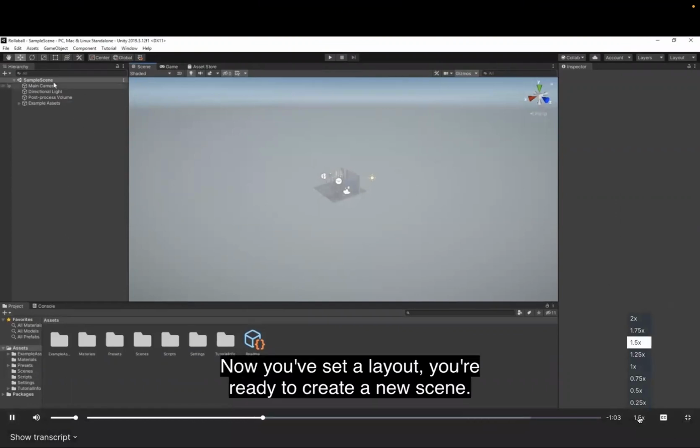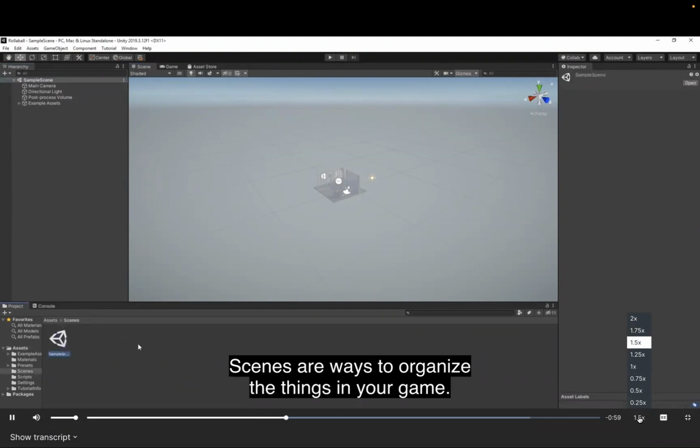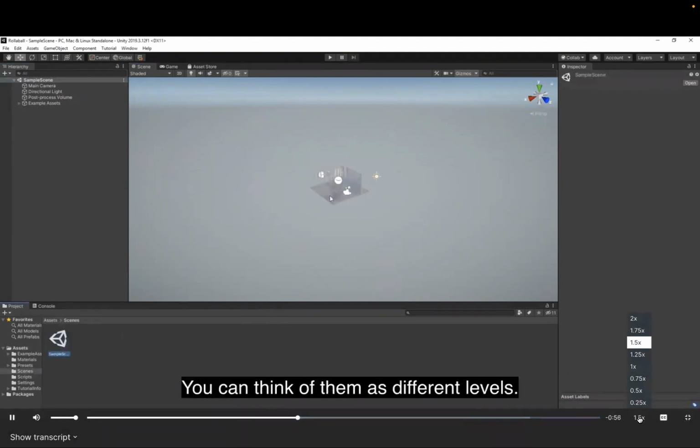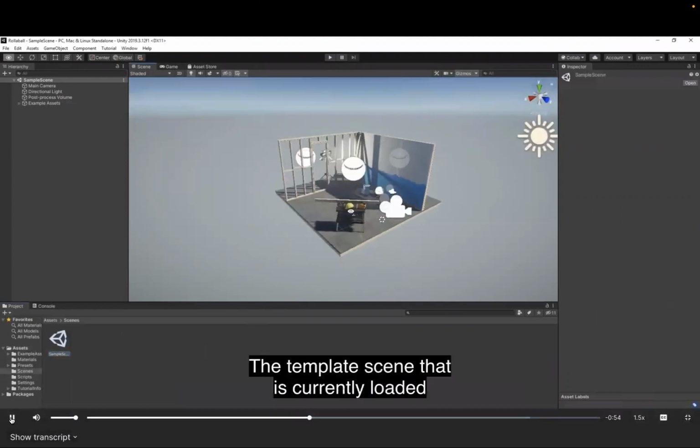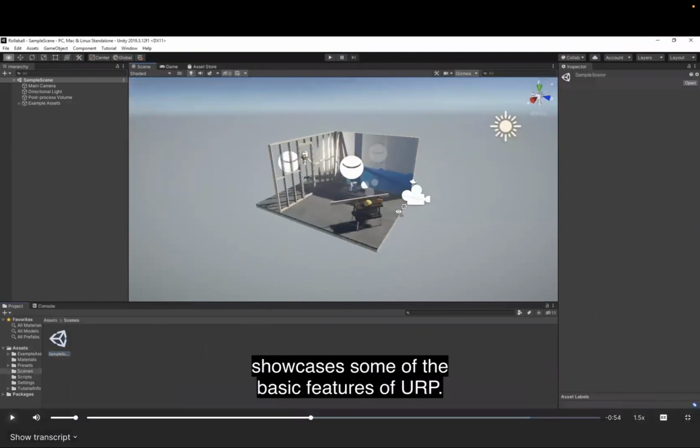Now you've set a layout, you're ready to create a new scene. Scenes are ways to organize the things in your game. You can think of them as different levels. The template scene that is currently loaded showed. Yeah, so notice that we're thinking about the naming conventions for Unity. Unity calls scenes